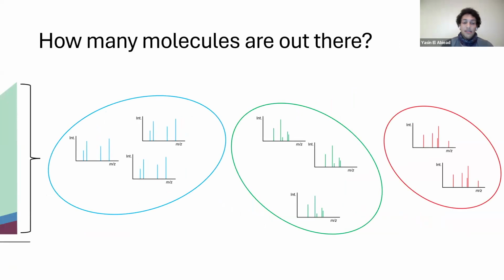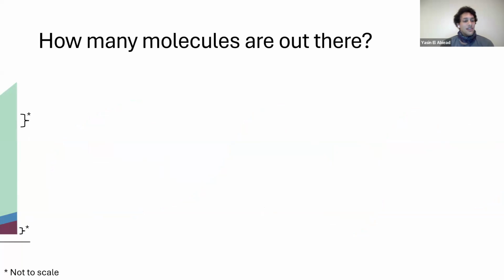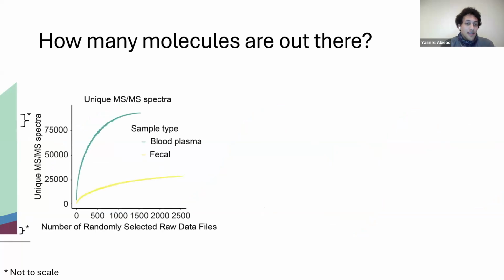And if scans look similar to each other, you could say these are probably from the same molecule, as an outer estimate. At the moment, this is not very easy, just computationally speaking, because 1.5 billion scans is quite a lot to process. So we just used a subset of these data sets to answer this question. The data sets we chose were one human blood plasma and one fecal data set with 2,500 and about